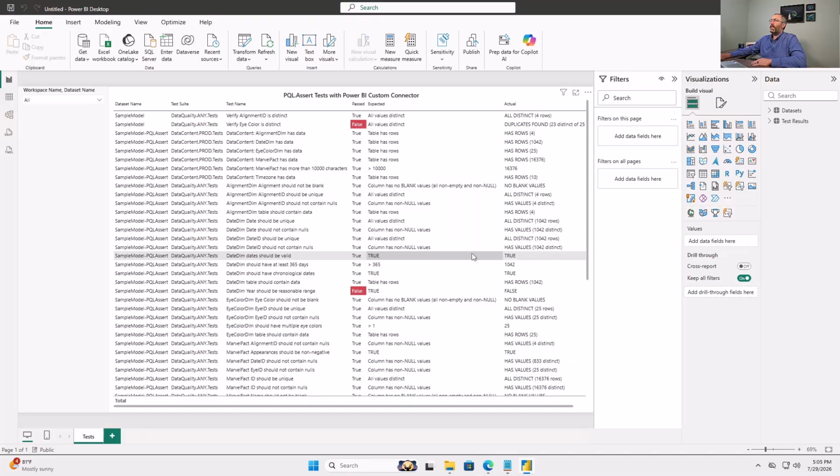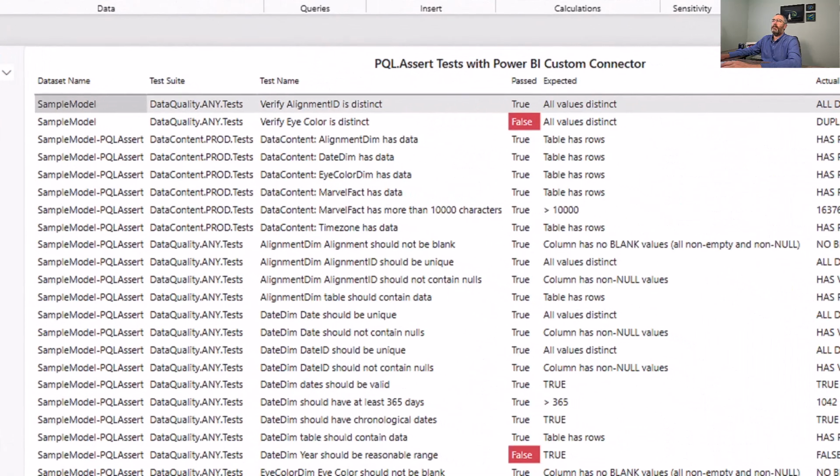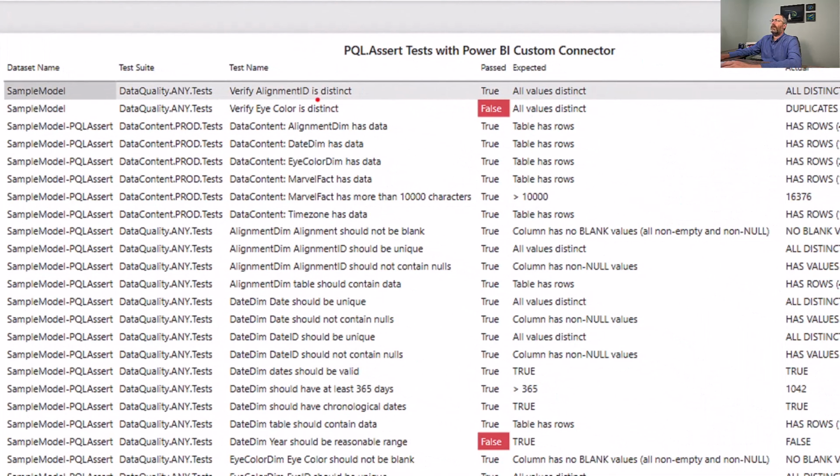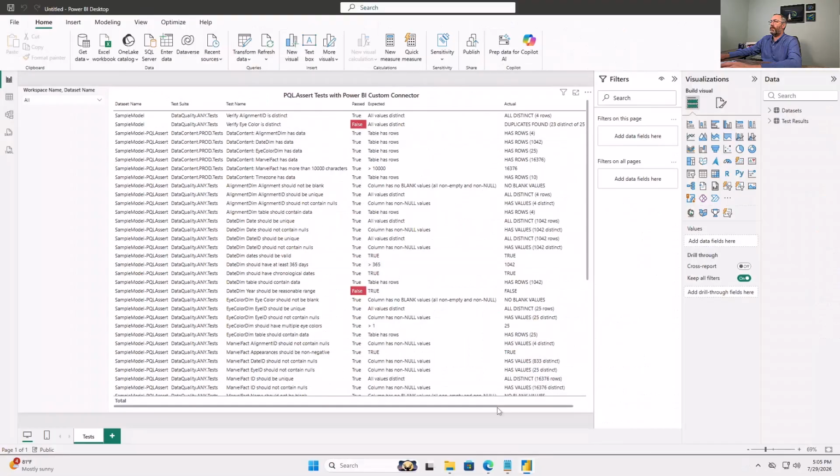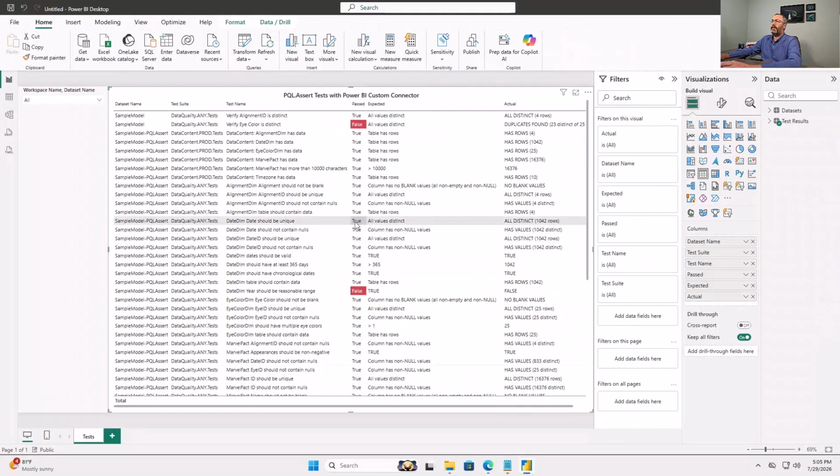Okay, so in this template, I've got my workspace, and I can see the name of the tests, the test name, whether they passed or failed, what was the expectation, and what was the actual value. This makes it really simple. I can actually point it to multiple data sets in one call and see if there are any issues with my tests. And I specifically picked the production tests because maybe I don't want to run the dev tests against production